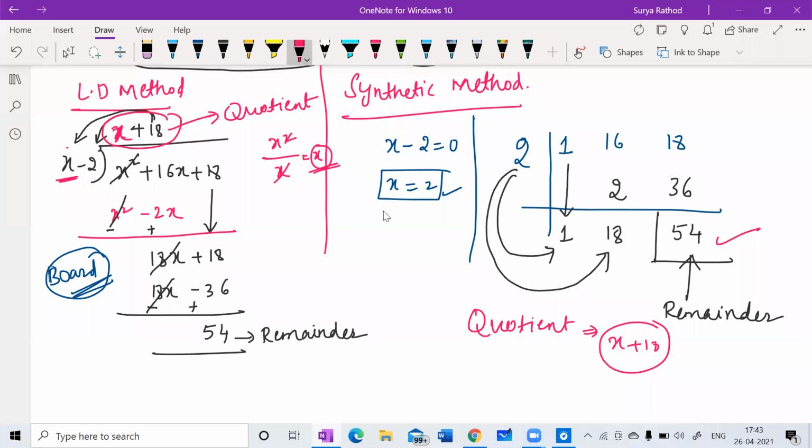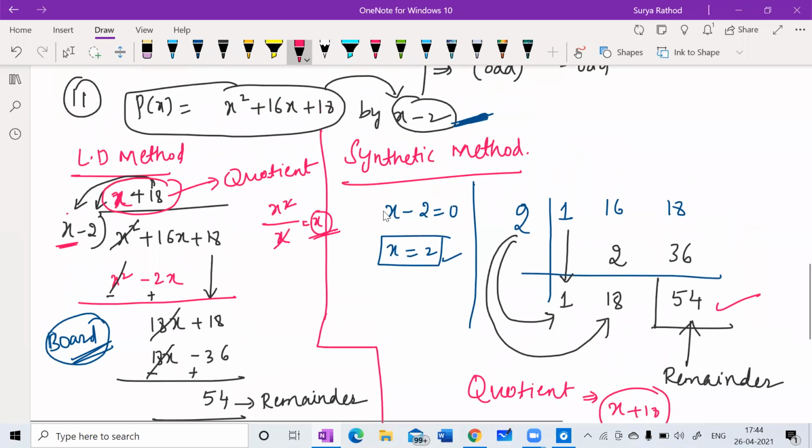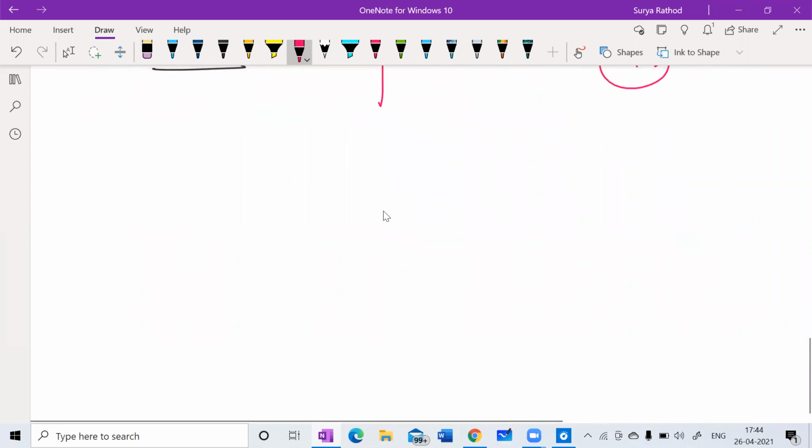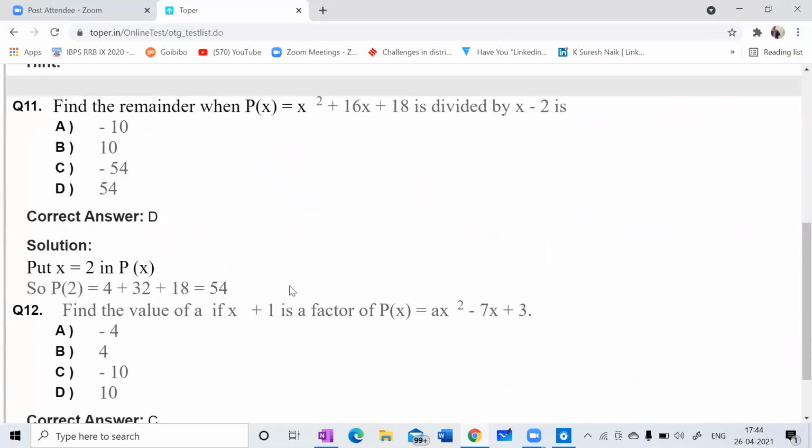Did we get same quotient in both methods or not? Tell me. Yes, sir. Yes, we got same quotient in both methods. We got same quotients in either of the methods. Are you getting my point? Any doubts? I hope you understood this very well. Now everyone can be able to solve this, division of polynomial by using long division method or synthetic method. All right. So please try to follow long division and synthetic. Look at this.